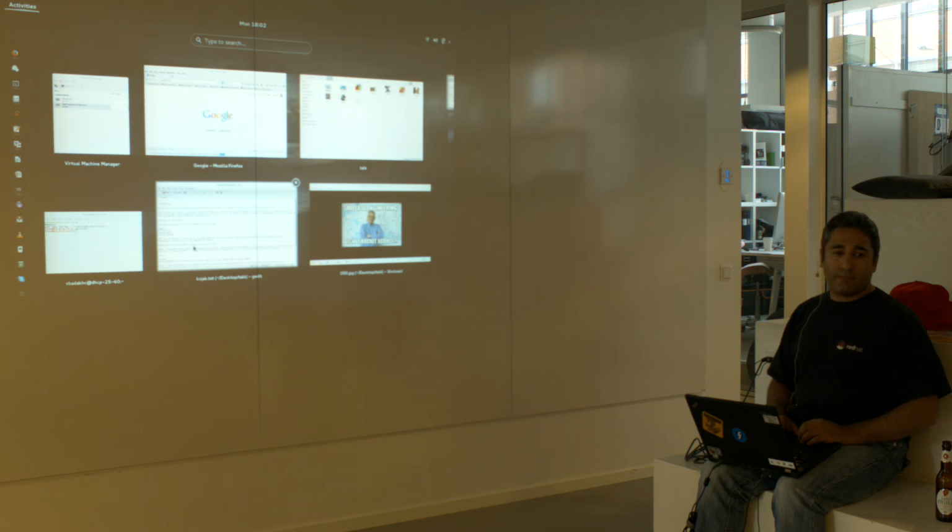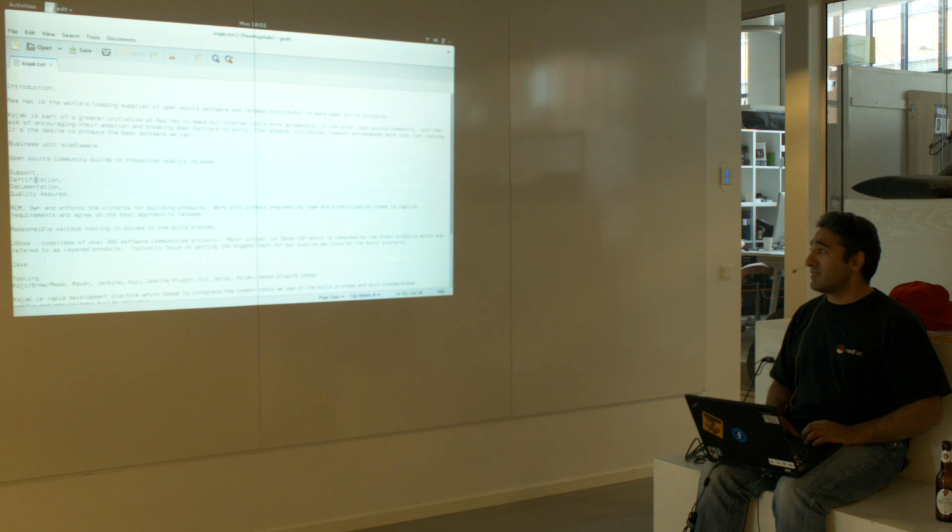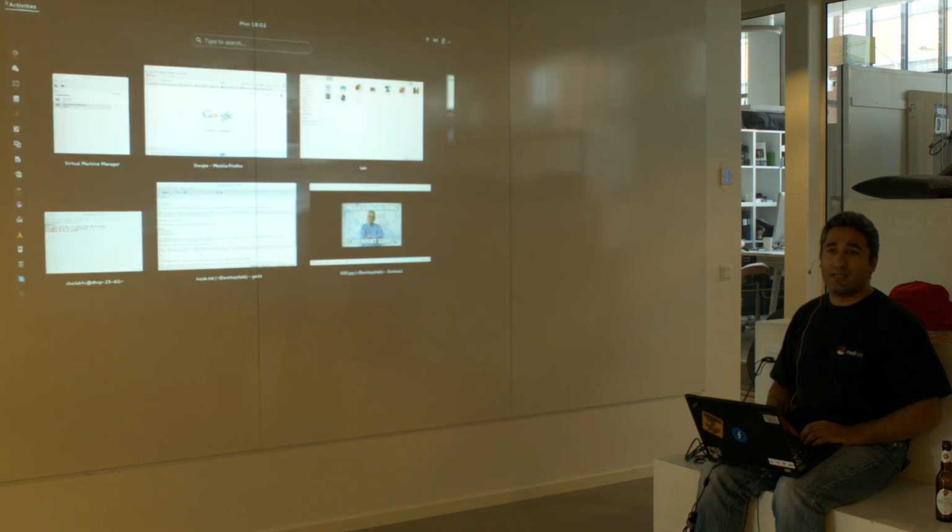So my business unit is middleware. I work with a product called JBoss. JBoss has over 300 open source communities, different groups of people, different cultures, different sizes, basically different ways of doing things. And one of the tasks that we have in release configuration management, which is the team that I work in, is how do we take a project that's out in the wild that we want to include in our product, which as a Red Hat offering has to be supported, certified, documented and go through a quality assurance process.